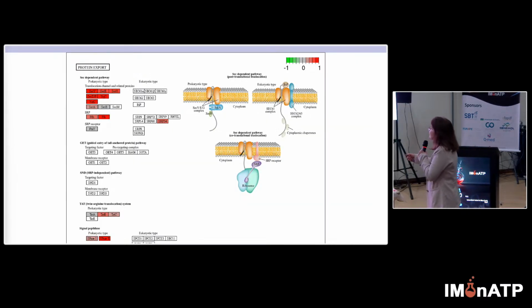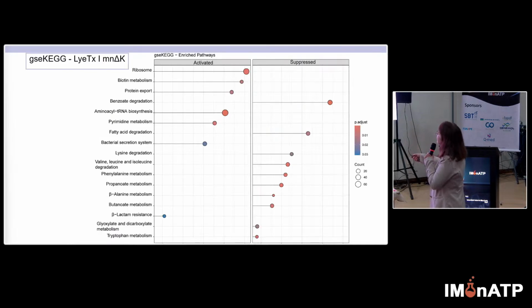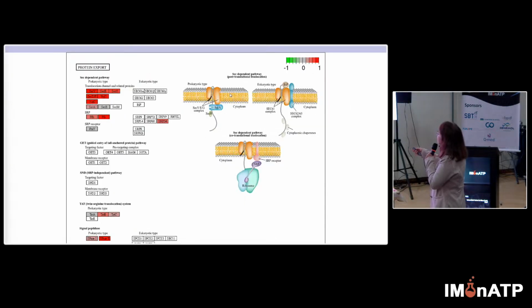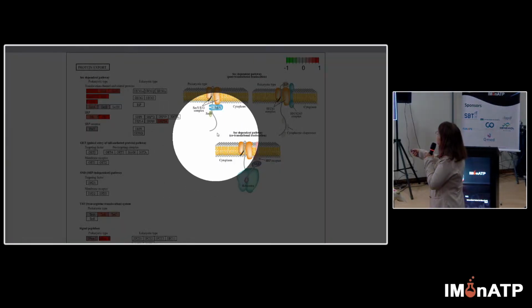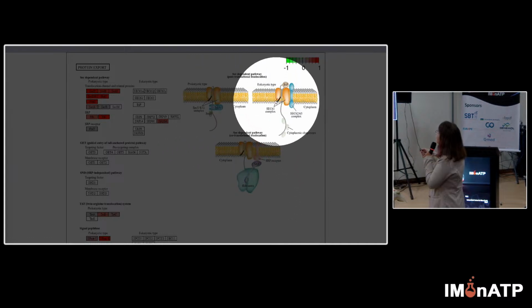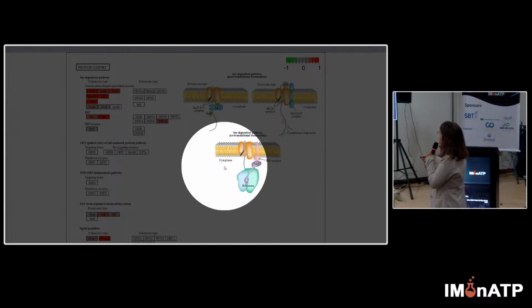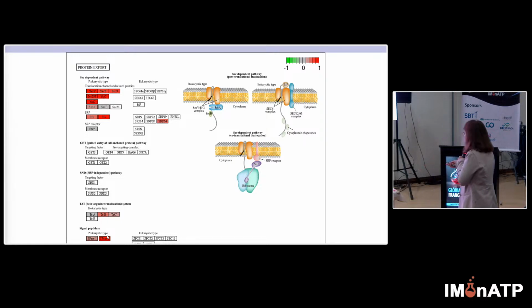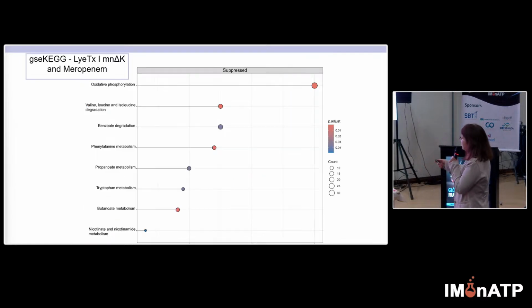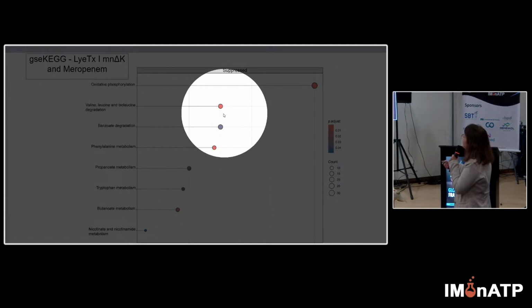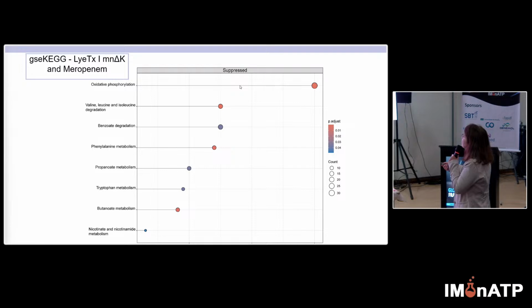And just to show you the protein export here, the situation that is activated. There are many of the pumps and proteins involved in exocytosis in the bacteria that are upregulated, the ones that are in red. And for the treatment with meropenem and the peptide, we see here downregulated.